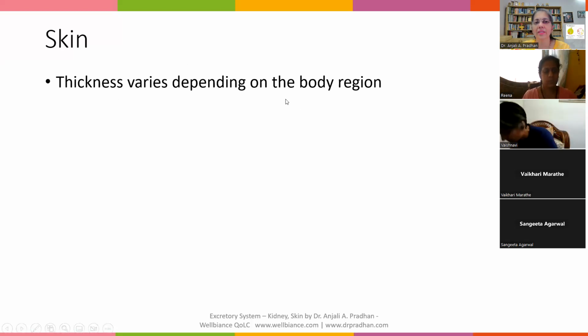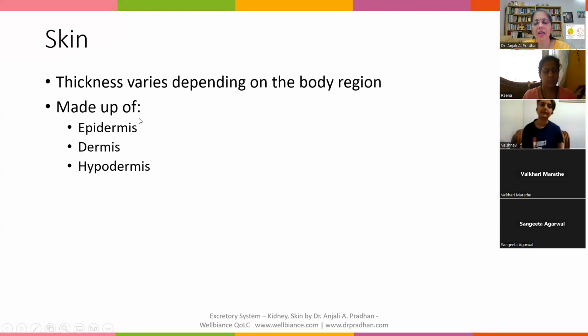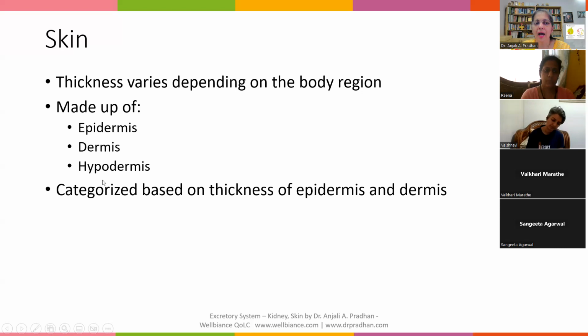So thickness varies depending on the body region. Skin is made up of generally of the epidermis and dermis. Hypodermis is generally not considered as a part of skin. Generally the epidermis and dermis. And it is